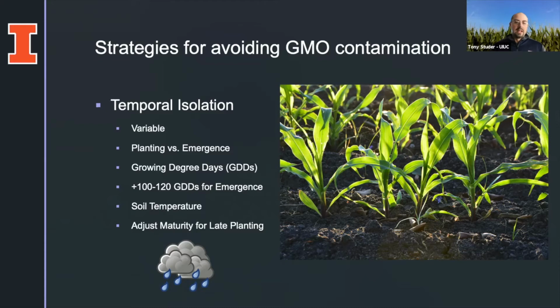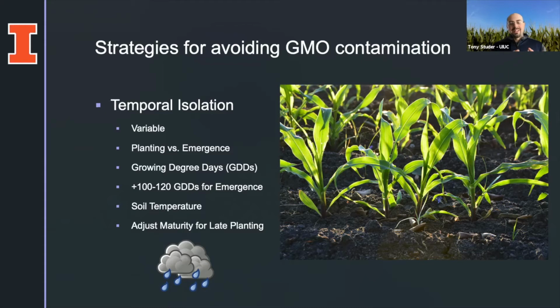Oftentimes you'll see that hybrids are rated based on maturity, and that's by days. And so calendar days are really ineffective for predicting the biology or the timing of the biology of a crop. And so really what is important is the amount of heat the crop is getting. And so there are other units to estimate maturity called growing degree days. These can be a lot more accurate in predicting the timing of events. And just to get at my point of emergence,